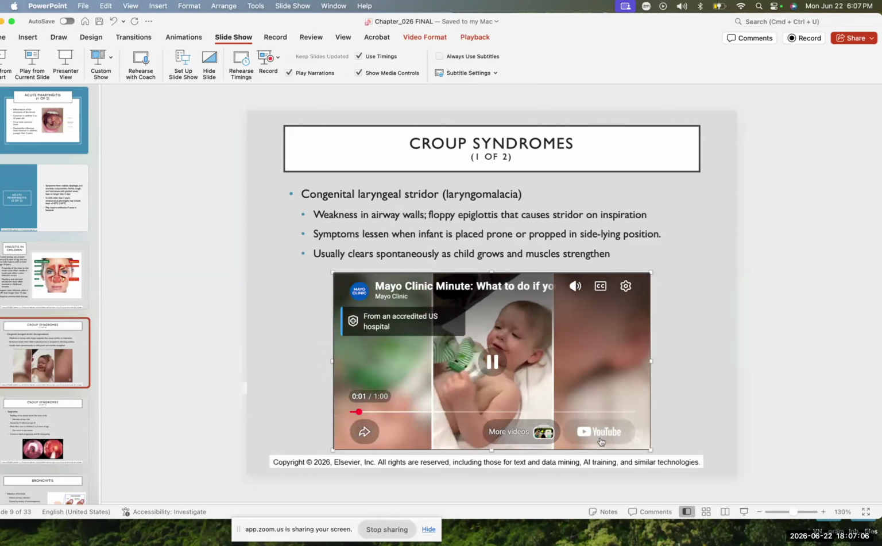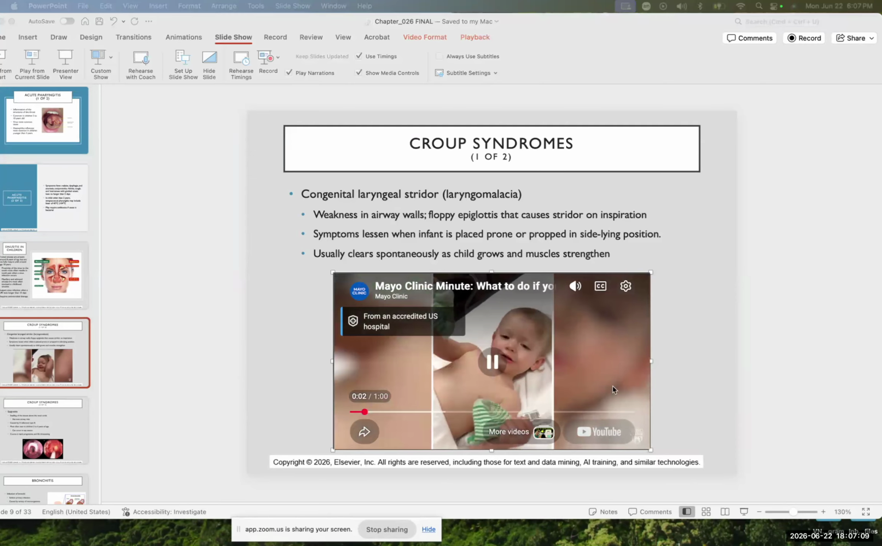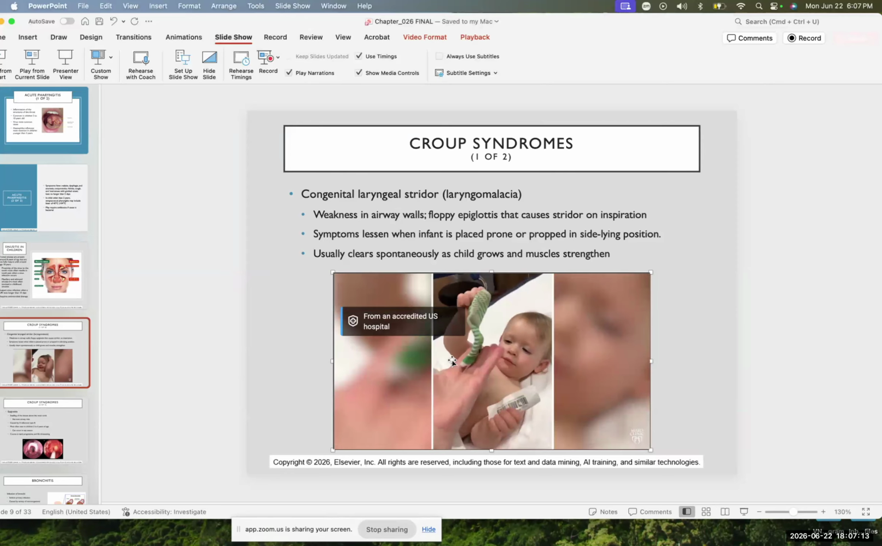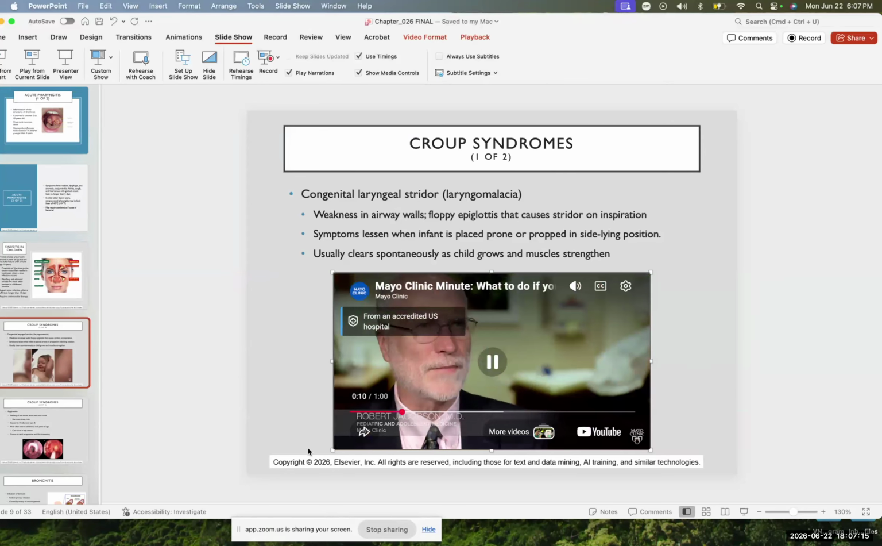If your child has a loud barking cough, fever, and noisy, high-pitched breathing, he or she may have a viral respiratory illness called croup. The narrowing of